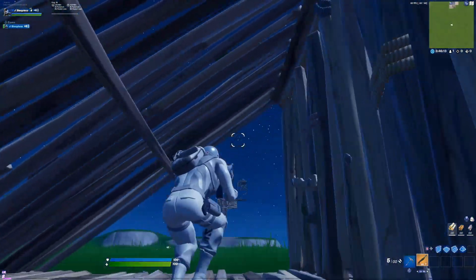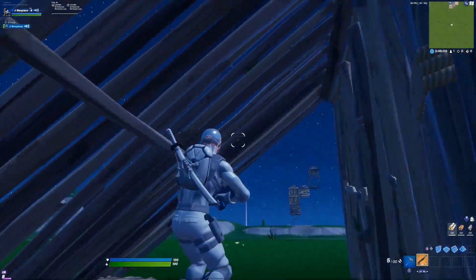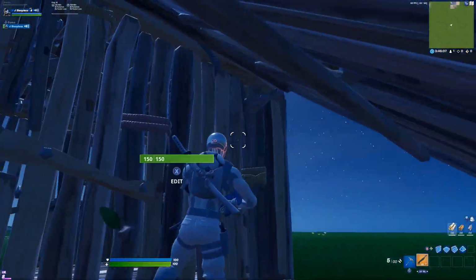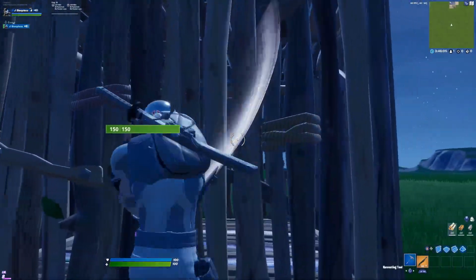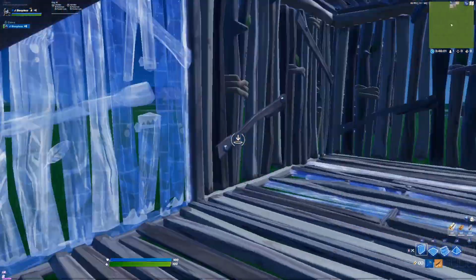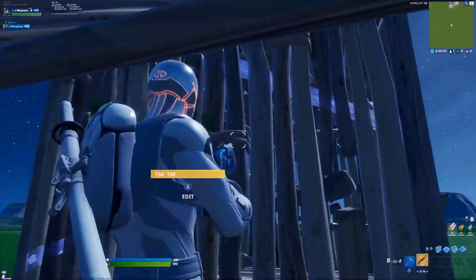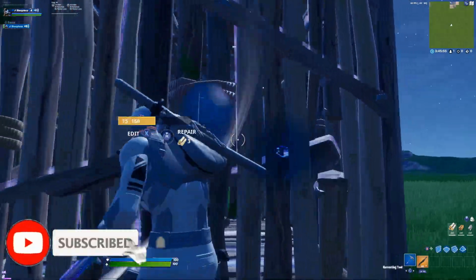So I don't know if you guys have seen this play, but if you have a ramp above you or an edited pyramid that's in the shape of a ramp, you can phase into people's boxes. And there's a technique to this. It's not as simple as just pickaxing the wall and jumping. What you want to do,